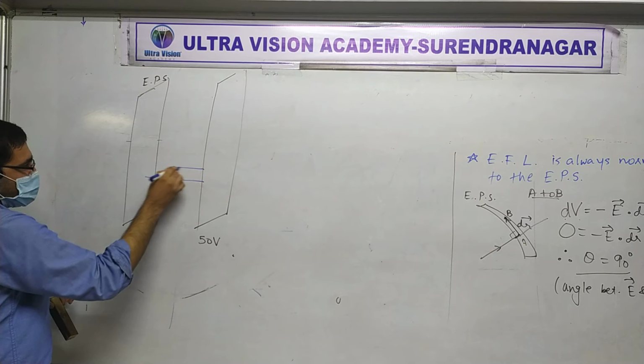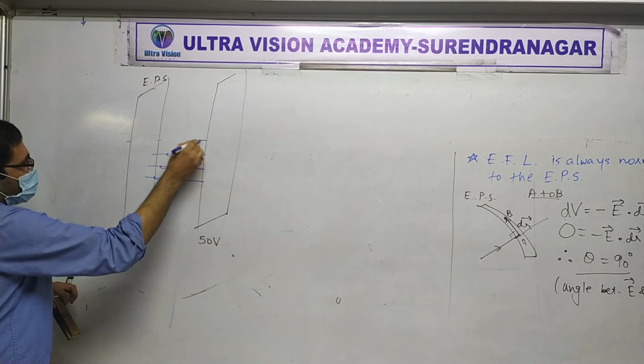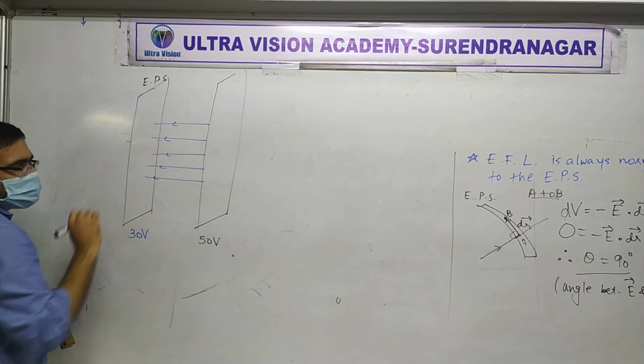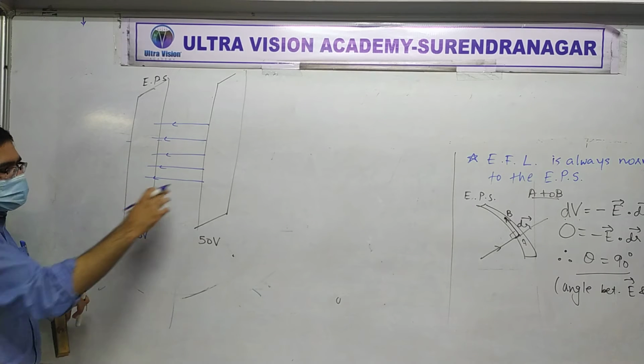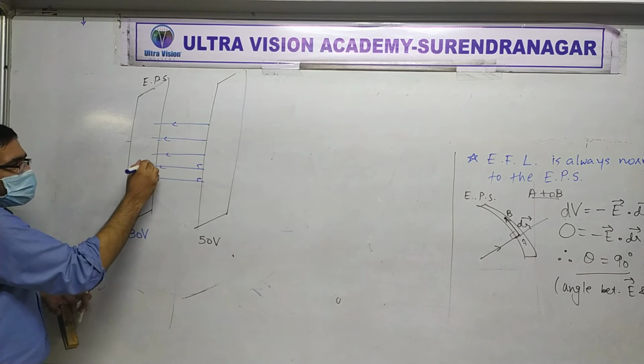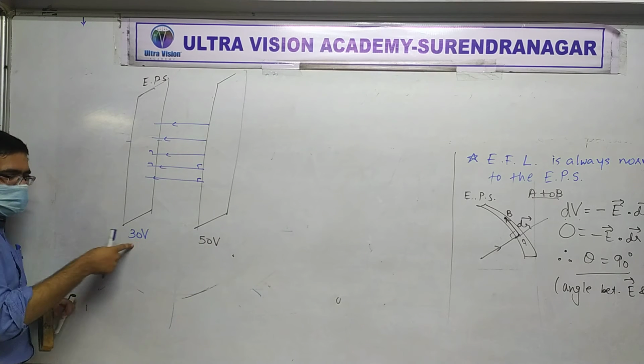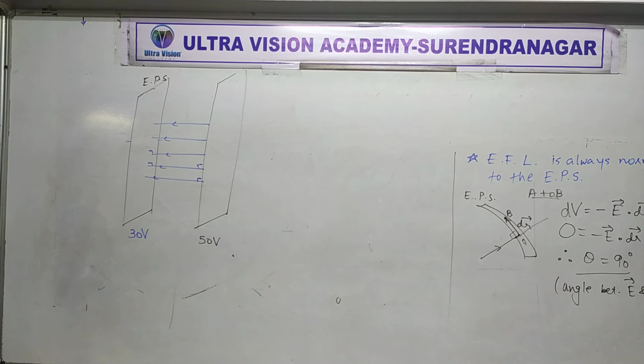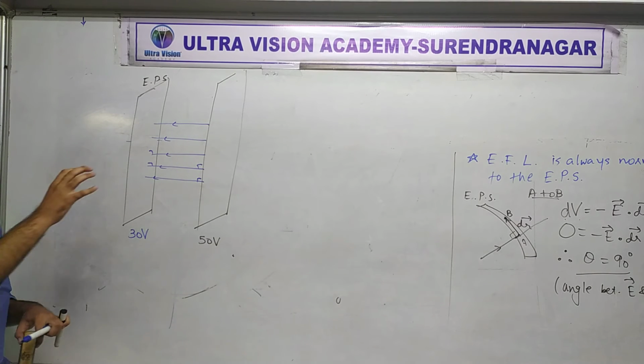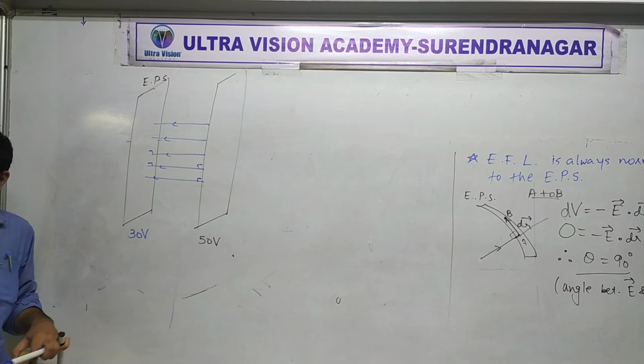Alright, left side and normal to both. Make sense? Yes. It may be uniform, may not be uniform. I'm not telling you anything about that. But whatever it is, it will be normal to both and towards the left side. Why towards the left side? Higher potential to lower potential. Is that clear? Yes. Okay or not okay? Fine. That concept and what we have learned here, combined together.